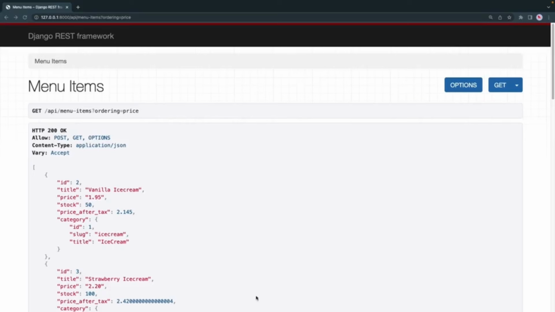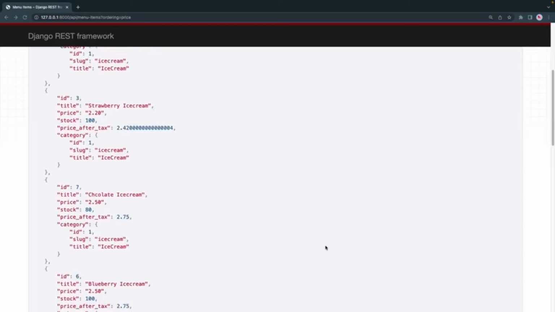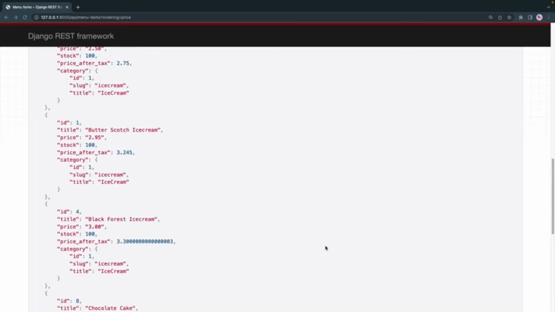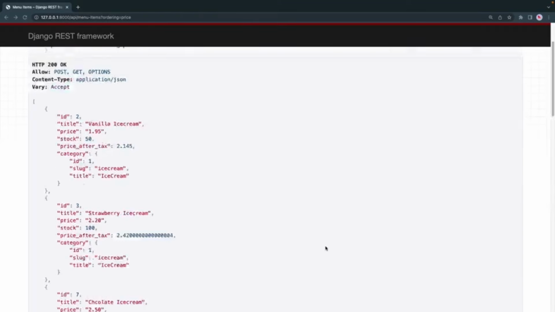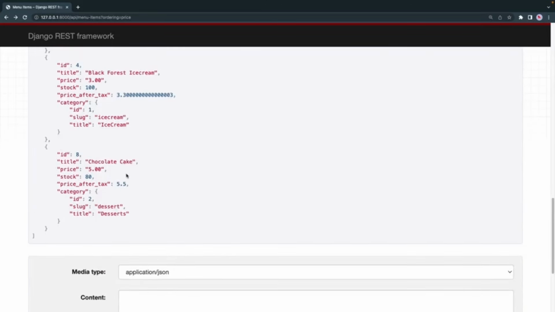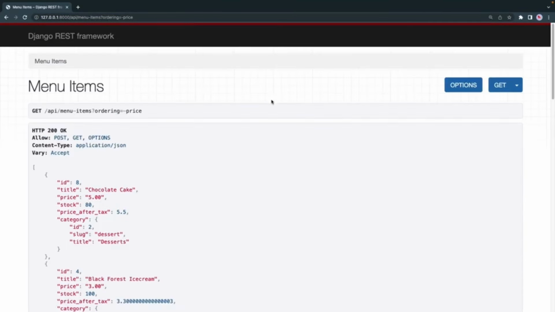Now visit the menu items endpoint with ordering set to price. What do you notice? The menu items are now properly sorted by price in ascending fashion, which means the items with the lower prices go at the top. How can you change the sorting order from ascending to descending so that the item with the highest price goes at the top? Do you need to make any changes to the code? Surprisingly, no code change is required. Just visit the menu items with ordering set to -price, and you will notice the expected result in the